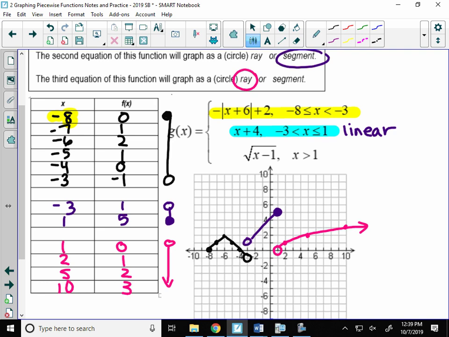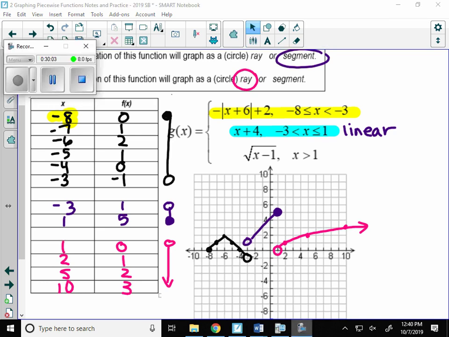Tomorrow we'll have one more day of notes. We'll be writing, so you'll get pictures that look like this, and you'll have to write the piecewise function. Not quite as complicated as this one, but there'll be some absolute value, there'll be some square roots, throw some parent functions on there for you. So there are 3 questions on the practice. I would like